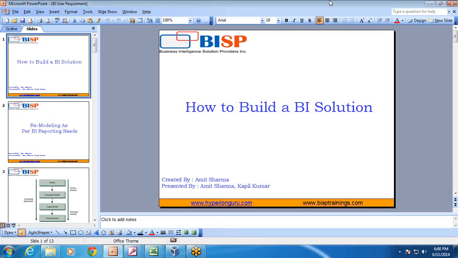In today's session, I'm going to walk you through how to build a BI solution. In the previous sessions, we discussed the fundamentals of data warehousing, business intelligence concepts, dimension modeling, facts and keys. In today's session, we are going to be very focused on understanding the logical data model and various aspects associated with